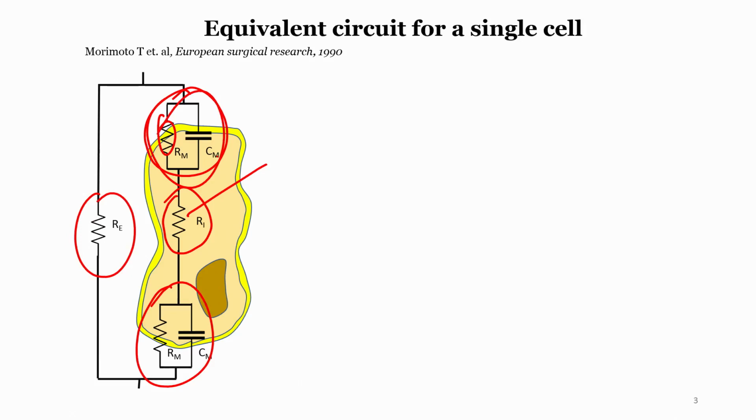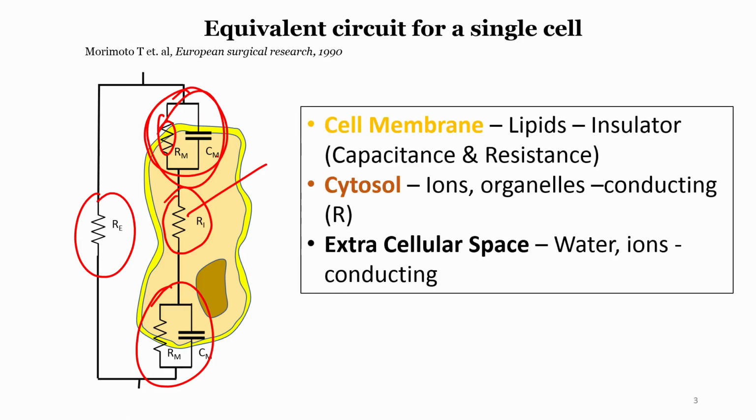This is the basic, quite exhaustive way of looking at the equivalent circuit of a single cell. Actually, this is all you need to know. Once you know this, you can always build on it and come up with new circuits where different cells come together. Okay. So, we will see some examples.